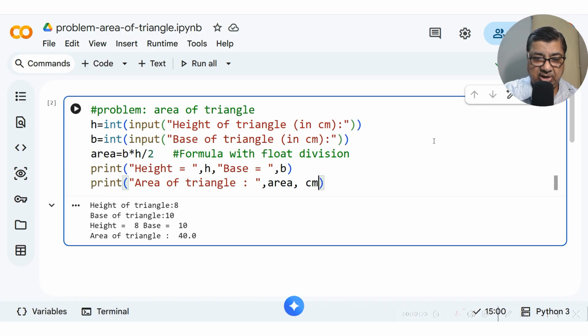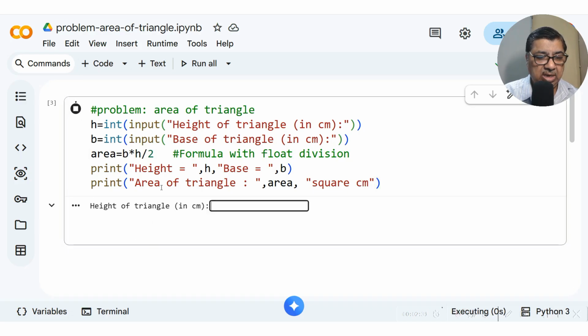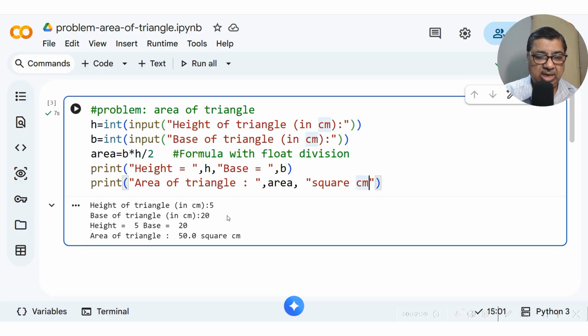Yeah, or square centimeter is better. Square centimeter. So this will print the same. Just see. Say I give value 5, then I give value, say, 20 here, and this has been printed as 50 square centimeter, right? So let me pause this.